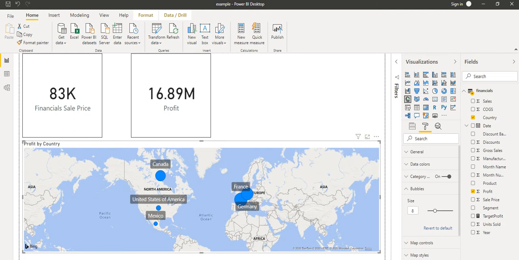When I go here and click on Canada, we can see the value is changing, and if I select Germany, it is changing for this also. The sales price is the same way; if I go for Mexico and all these, the value is changing as expected. So we can see that all these fields are interrelated. Basically, by default they are all in relation.